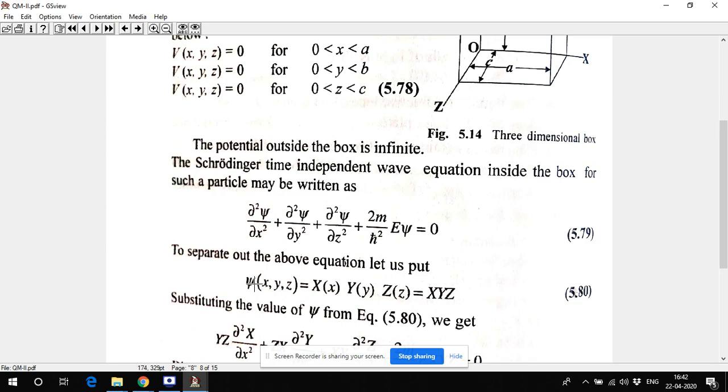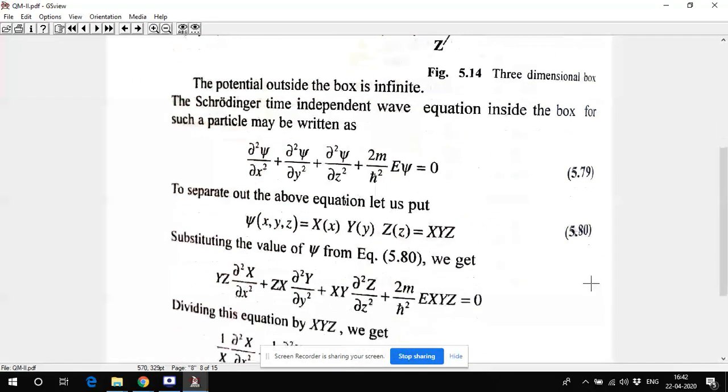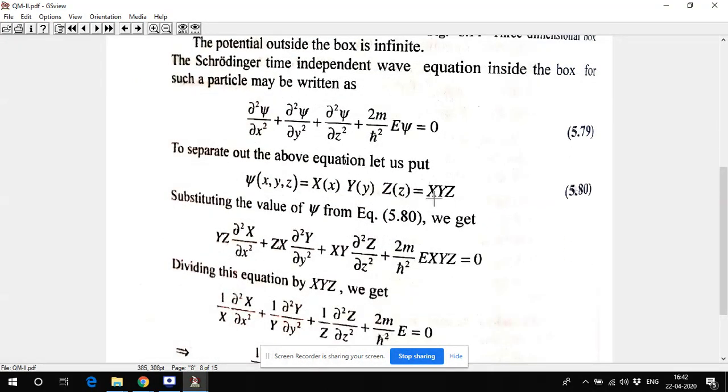So we can use the method which is called separation of variables. Probably you have done it in some portion of mathematics. We can take that psi is divided into three wave functions: one wave function which depends totally on x, capital X, second one capital Y, third one capital Z. Simply, you can write this as capital XYZ. It means my X contains the x dimension, Y contains the y, and Z contains z.